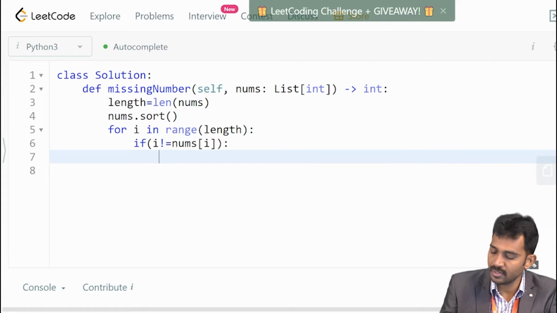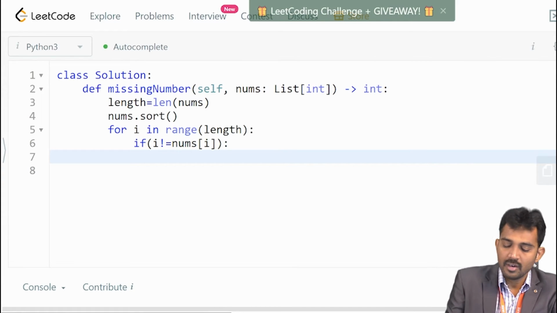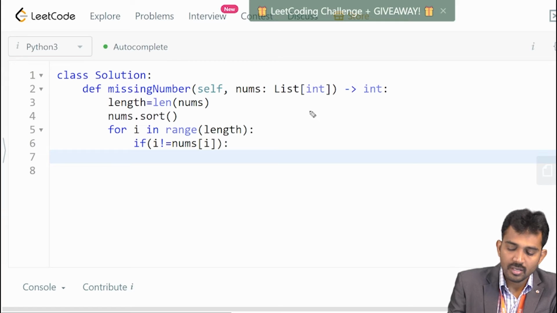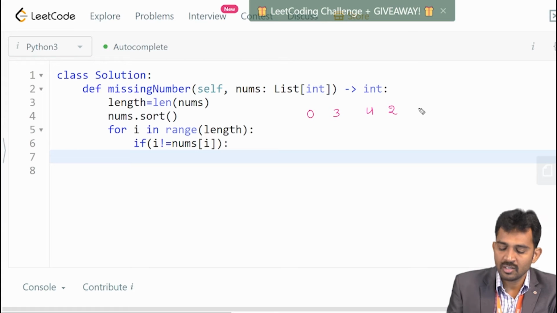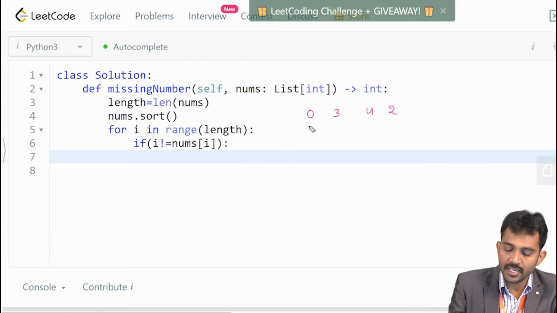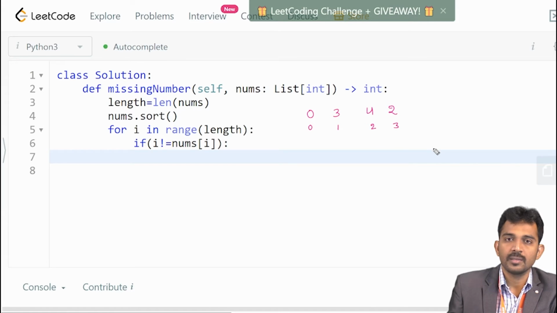For example, I have elements like this: 0, 3, 4, 2, 1. After sorting, what am I getting here? Initially indexes are 0, 1, 2, 3.